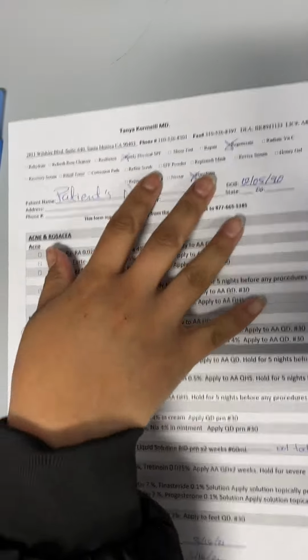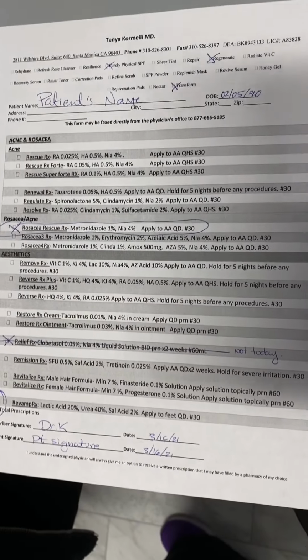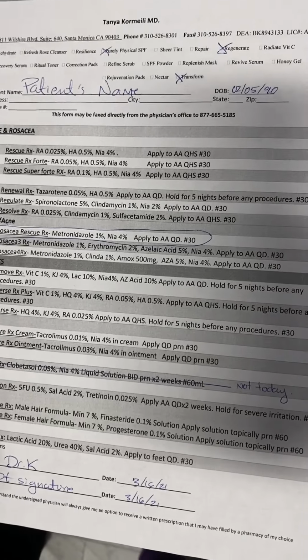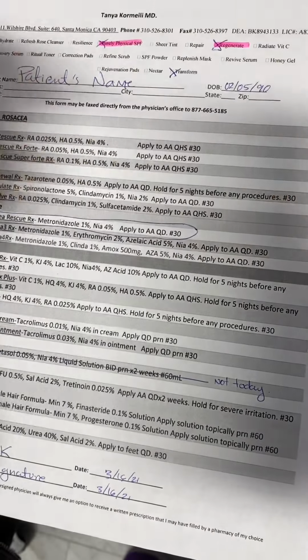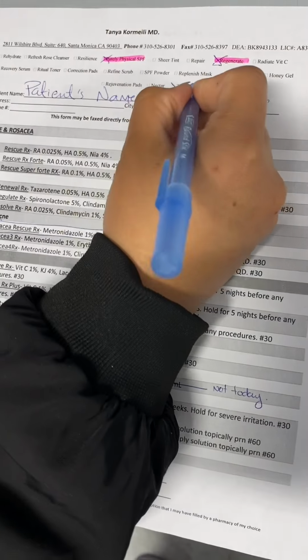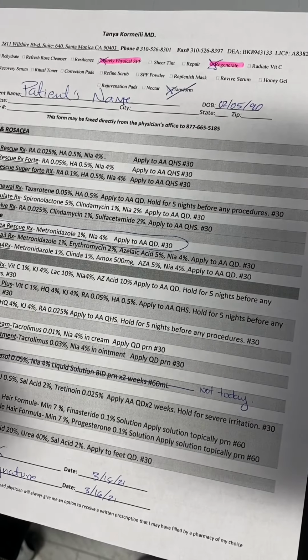For the 3 products, the patient only wanted the sunscreen and the regenerate. So I'm gonna go ahead and highlight those, and then I'm gonna just cross out the transform. Okay, once I've confirmed the patient's address, given them the total, they're checked out,